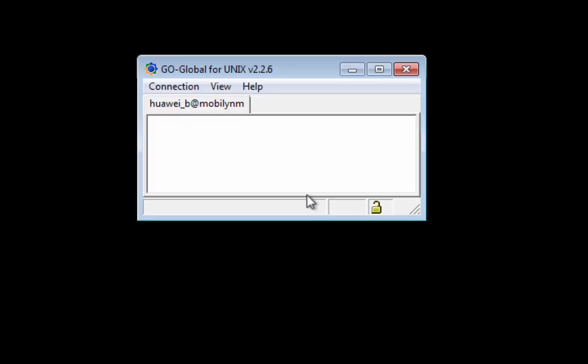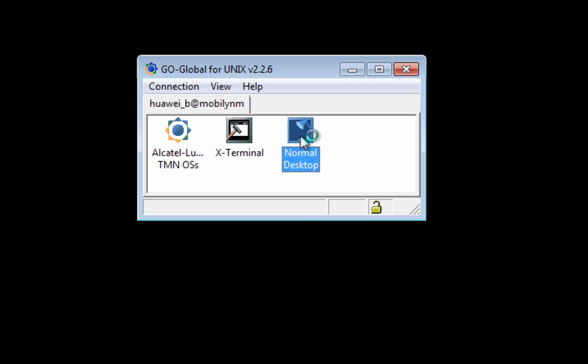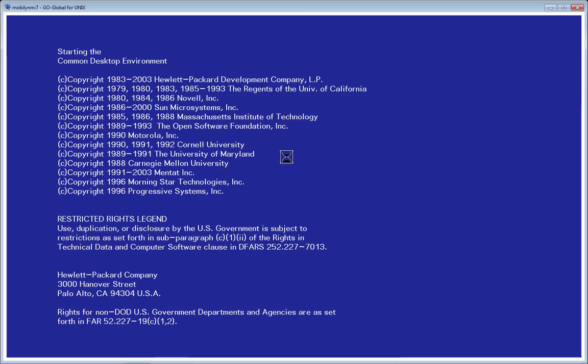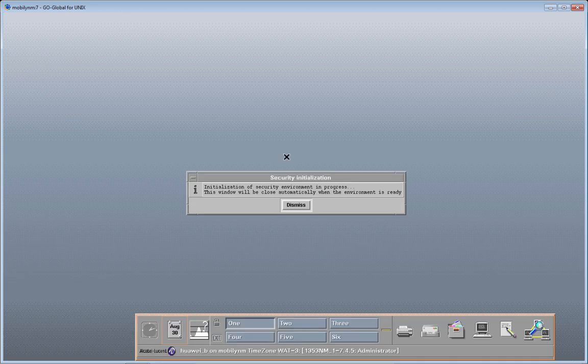This takes me to the window that enables me to launch the common desktop. I double click on the common desktop, and it opens the workspace window. It's going to load the workspace window. Starting the common desktop environment, the security environment is being initialized. And the workspace window